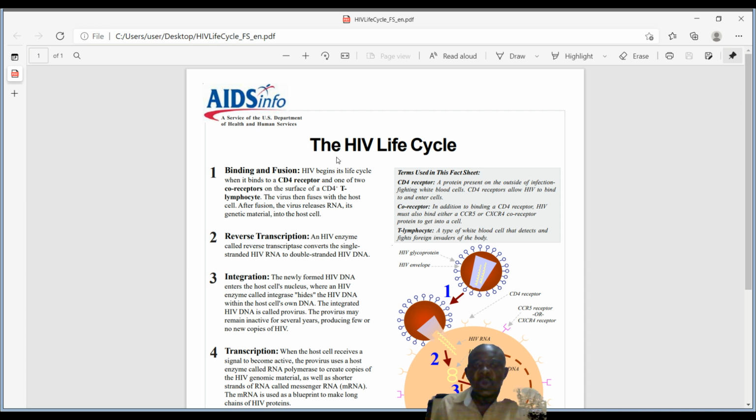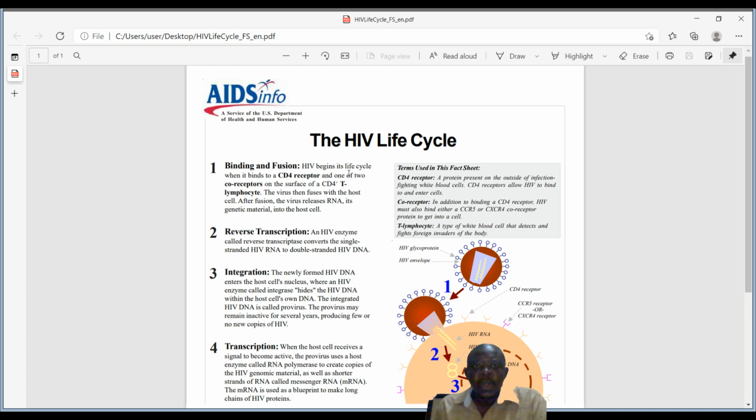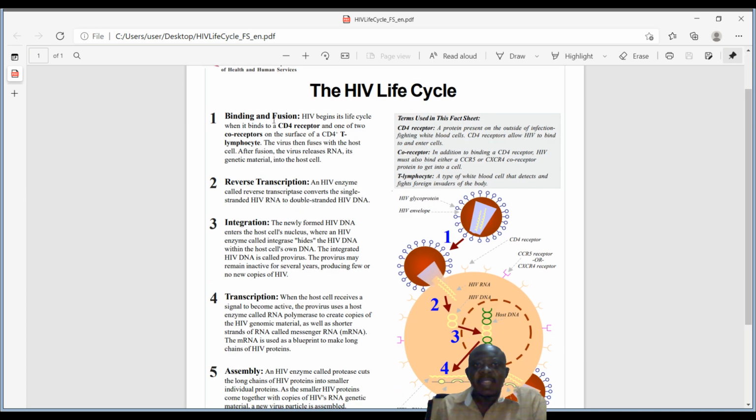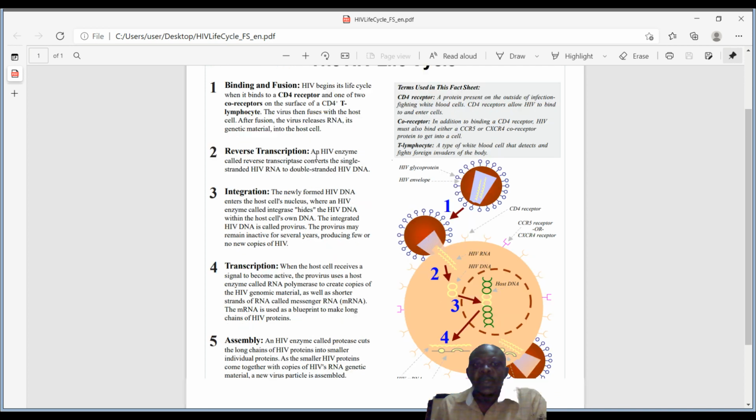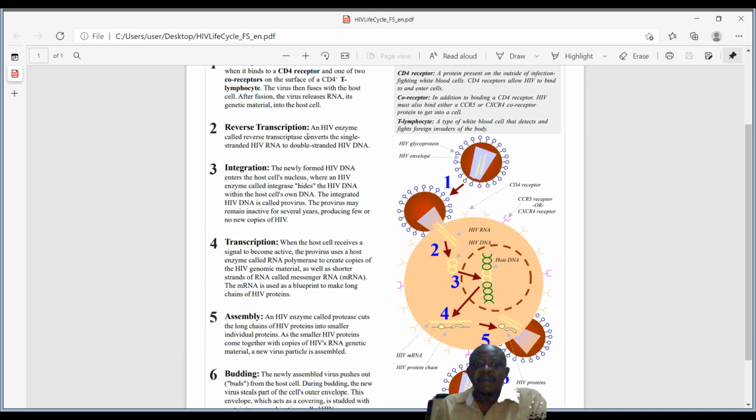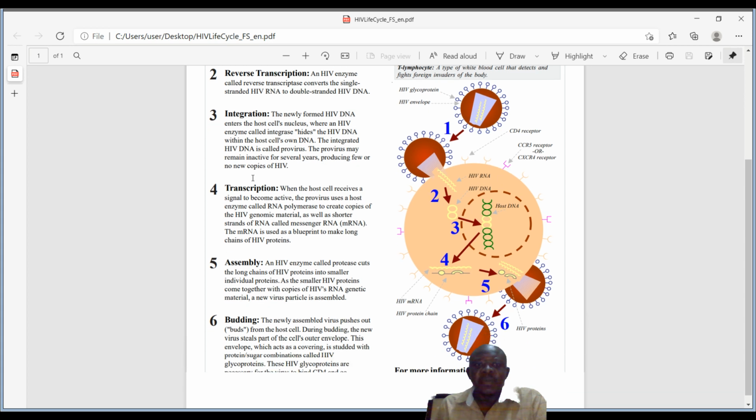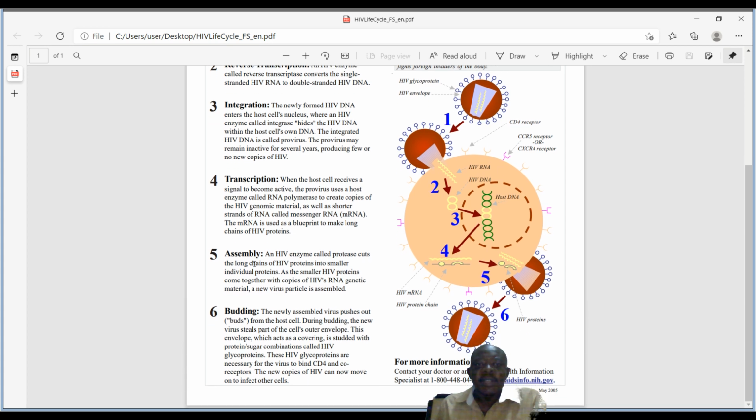Let us now look at the steps that are involved in the HIV life cycle. So we have binding and fusion as stage 1, though in other literature you find that they will put binding alone and also fusion alone so that you can have 7 steps. But if we put these together, binding and fusion as one, we are going to have 6 steps. So we have binding and fusion, reverse transcription, integration, transcription, assembly, and